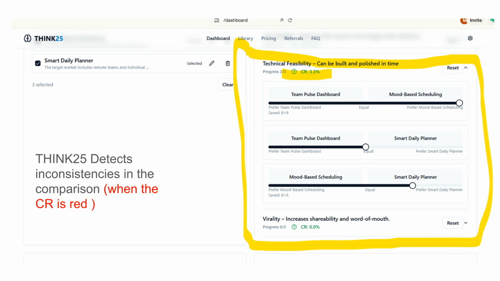Now we arrive at one of AHP's most powerful features, automatic inconsistency detection. As you compare objectives or features 2 at a time, hidden biases and contradictory judgments can creep in. AHP calculates a consistency ratio for every comparison matrix. When that ratio spikes above the acceptable threshold, Think25 flags it in red and prompts you to revisit those pairwise judgments. This isn't a roadblock, it's your decision's compass. By highlighting contradictions, AHP forces you to surface and resolve hidden assumptions, ensuring your priorities align with your true goals.